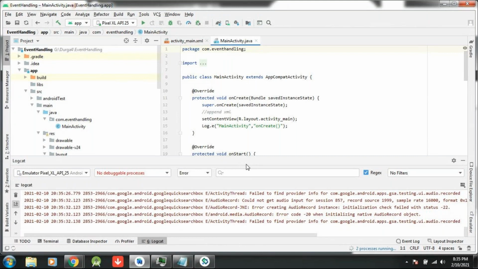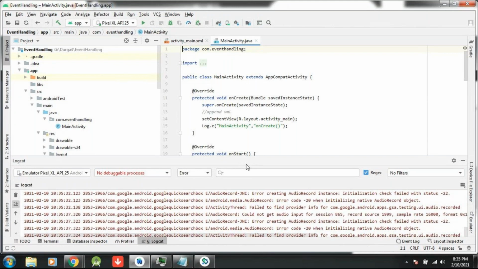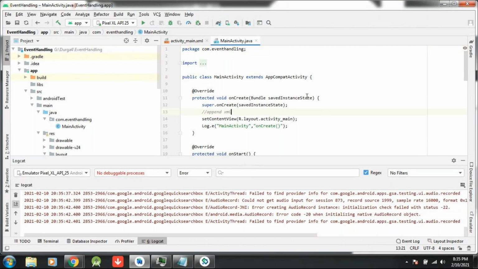When it is telling the process is running, what process it will run in the background, I don't know. Okay, let me run this. Again it starts over gradually. This is the very worst thing here.